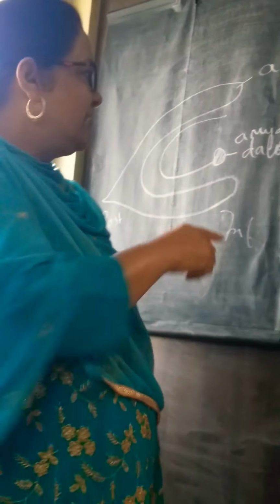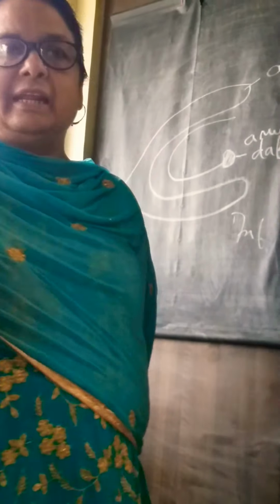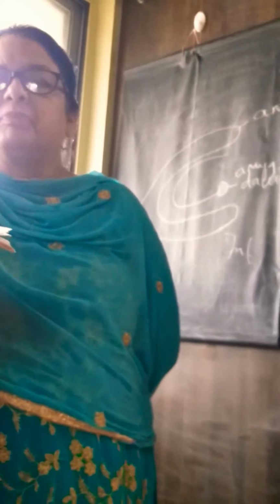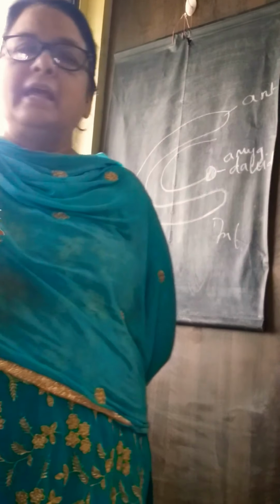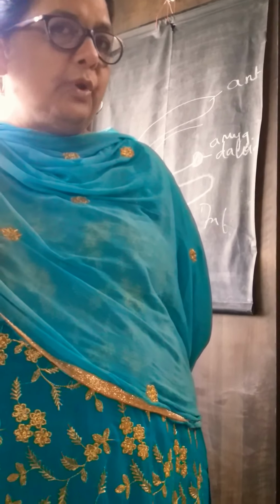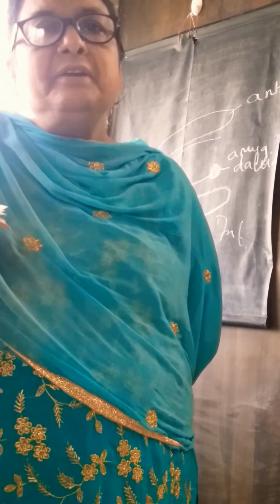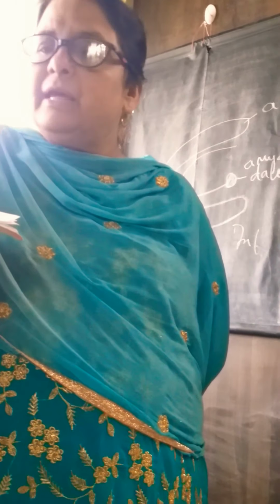Where the tail of the caudate nucleus ends, immediately next to that is situated the amygdaloid body, and it is present in the temporal lobe. It lies in the inferior part of the cerebral hemisphere, and it is continuous with the tail of the caudate nucleus.